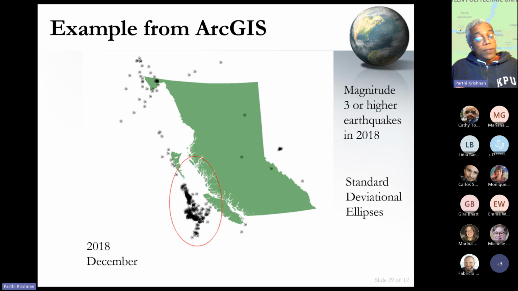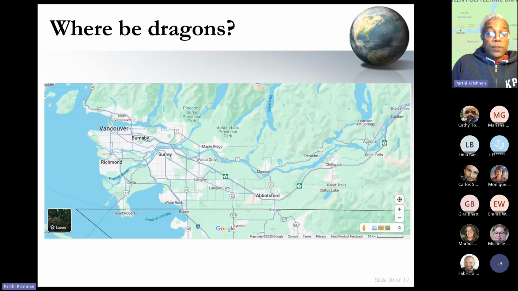So to conclude, I want to go back to the original question of here be dragons, right? So where be dragons? Well, this is a classic example of where the imaginary dragon lies in the lower mainland itself. I grew up in Singapore, where there was a large Chinese population, where feng shui, or the concept of living in harmony with the environment, was very strong. And so ideas about the Chinese dragons were very prominent in that part of the world.